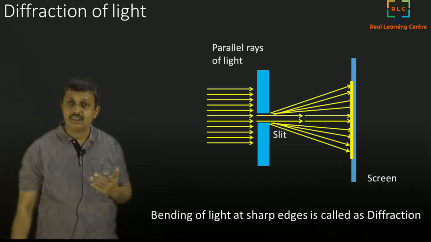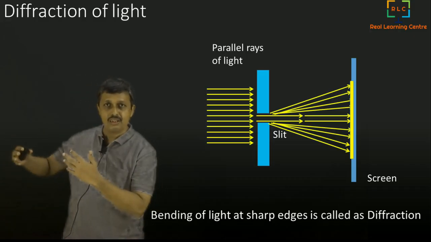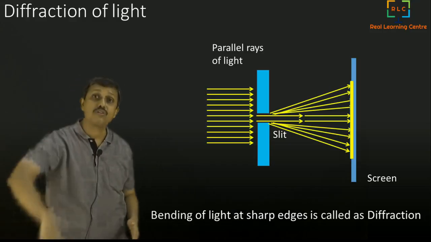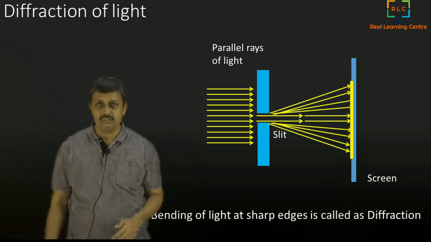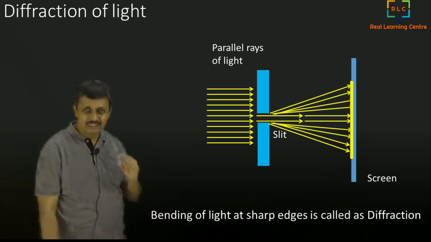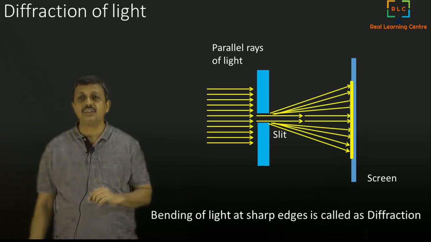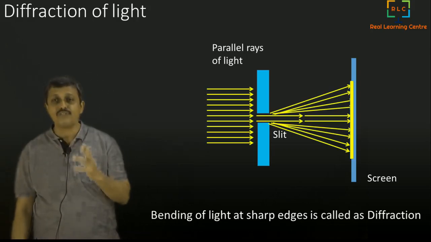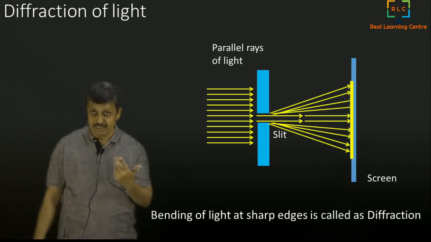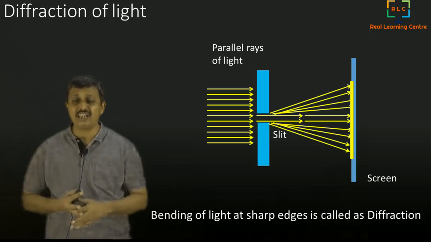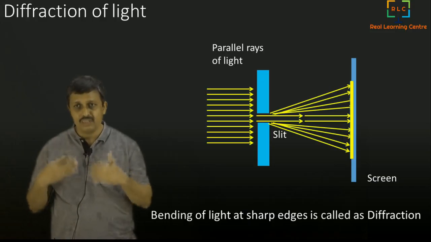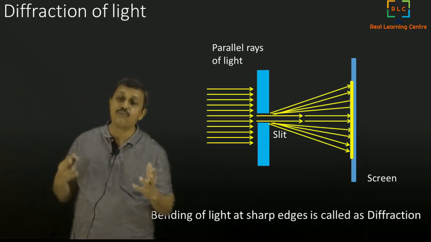If somebody is speaking on the other side of the wall, you can still hear, because the sound comes around, but light doesn't come around. Light comes around only if there is a sharp edge, because its wavelength is very, very small. We will understand this a little better when we go into the details of how diffraction happens and what theory can explain that. Light has so many such secrets, which are not very easy to unravel. So let's go slowly and try to unravel them one by one.